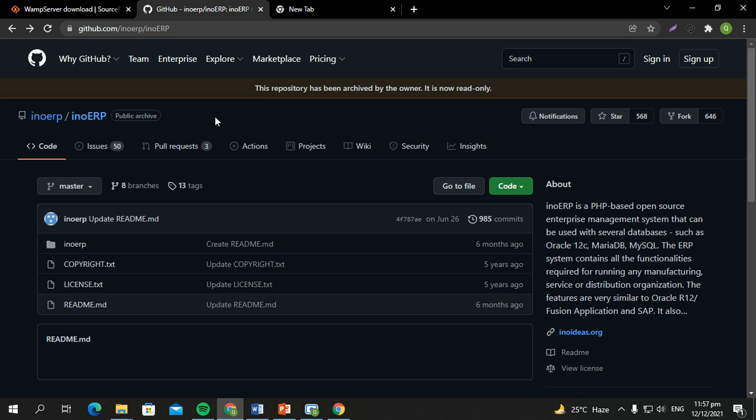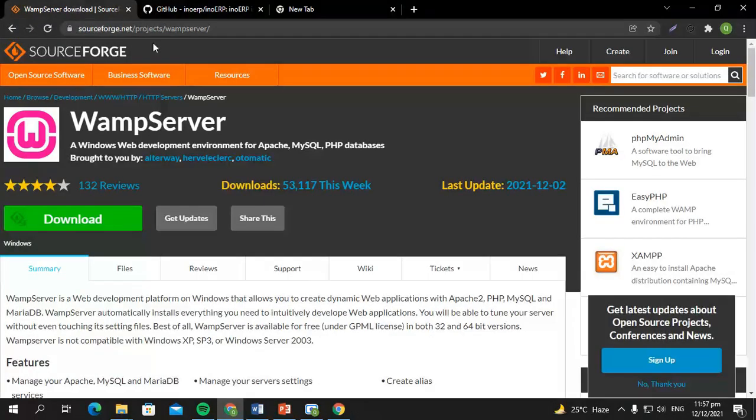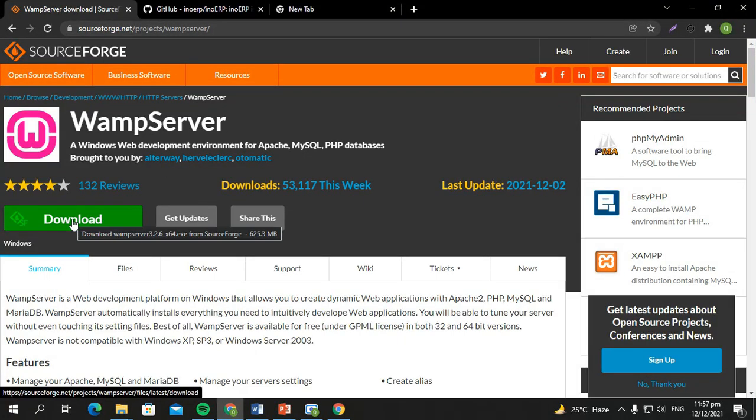ERP needs to have a server, an HTTP server or MySQL, because it supports localhost. So you can use WAMP server or XAMPP. You have the option to use Apache or MySQL or any PHP databases. So at this point, I download WAMP server. Just click the download,